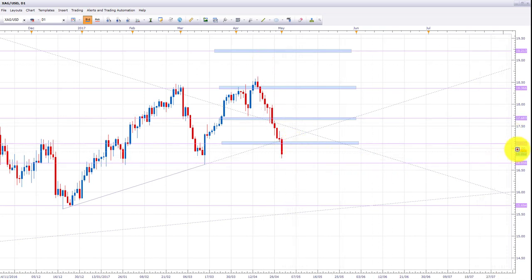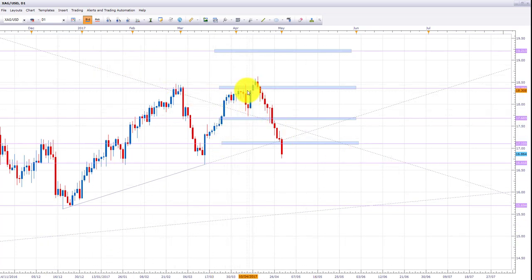What we'll be looking for next week is a pullback and a retest of the 17.10 area of support turn resistance, and we'll be looking for this to push price to the downside. First of all, to the 16.65 area, and if we get a break of this 16.65 area, I mean, we could have a clear run all the way down to the 15.69 area down here, and also this major upward sloping trend line,